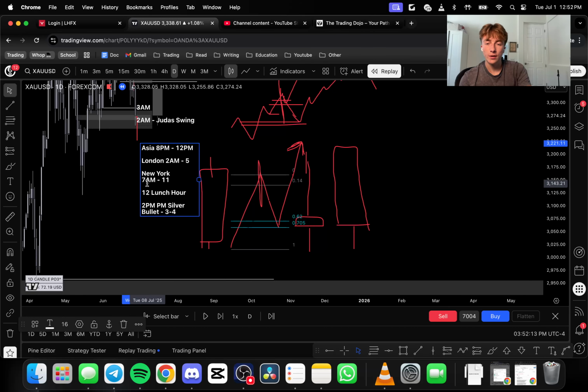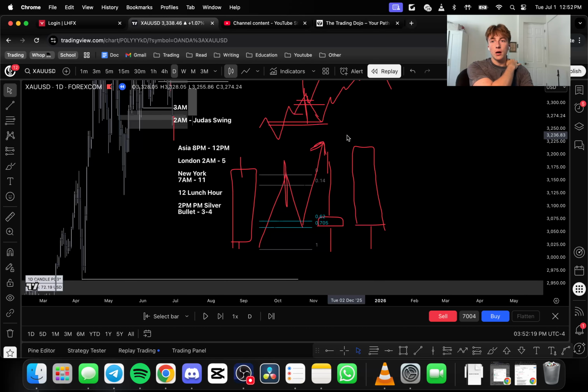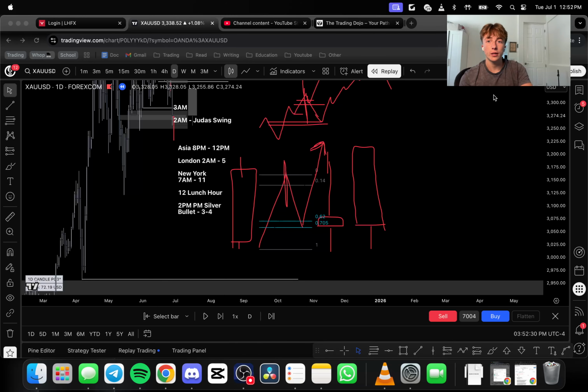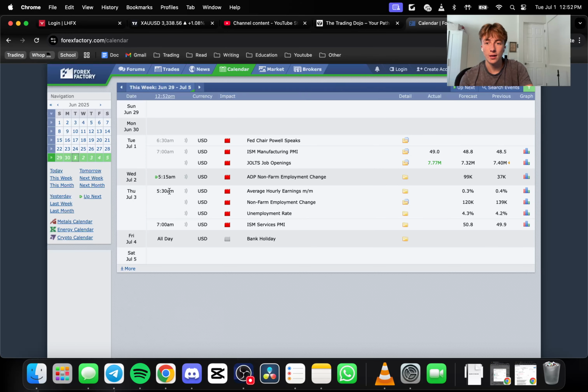Next, 7, 8 a.m., maybe 9 a.m. 9 a.m. is also the expansion of, or like the open of the stock market. So typically there's a lot of volatility during NASDAQ at 9 a.m. and that's when people consider the open. So there's a ton of volatility, and oftentimes if you go to Forex Factory, you'll see that there's news events typically at 8:30 a.m. So this one in my time zone is 5:30, but in New York time zone,